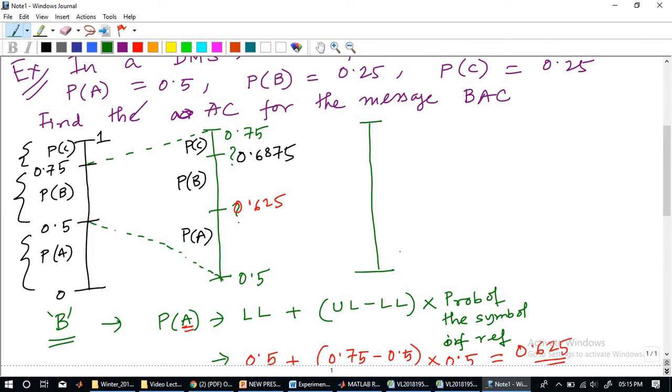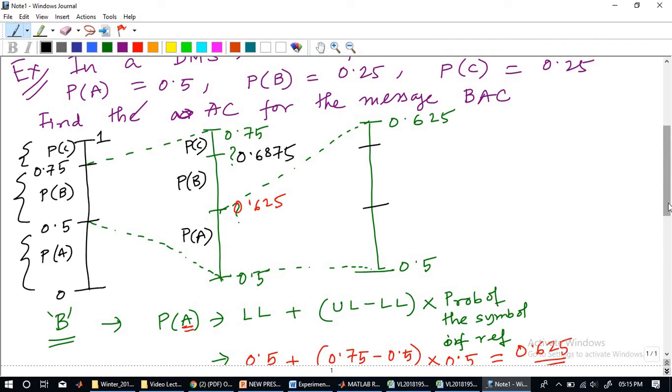First of all, A has come. So this is the segment which we have to focus on. So it should be zoomed like this. The diagram should be drawn this way only. So this becomes my 0.5. This becomes my 0.625. But we have to find out what is this point and what is this point. So these 2 points are unknown. Can you please calculate and tell me what are the in-between values you are getting?